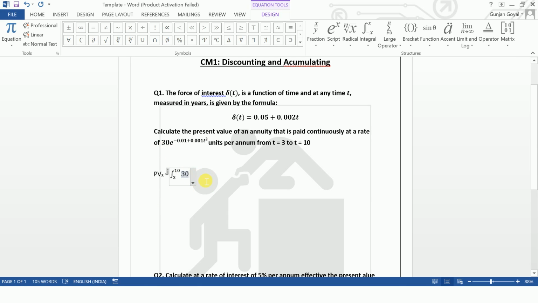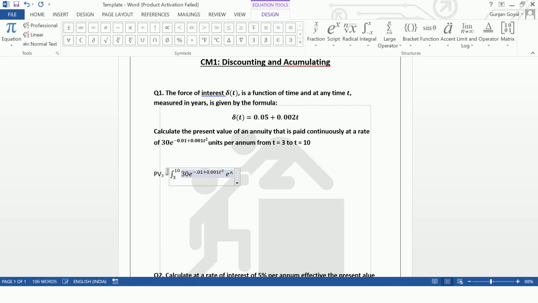So 30 and you write e to the power, since you have to write it in power, and then put a bracket, write minus 0.01 plus 0.001 t square. Close the bracket. See, automatically it goes up, and to get e to the power of this, put a space. Automatically this will go to the superscript. And then give a space, and the next part of a payment scheme is again e to the power.